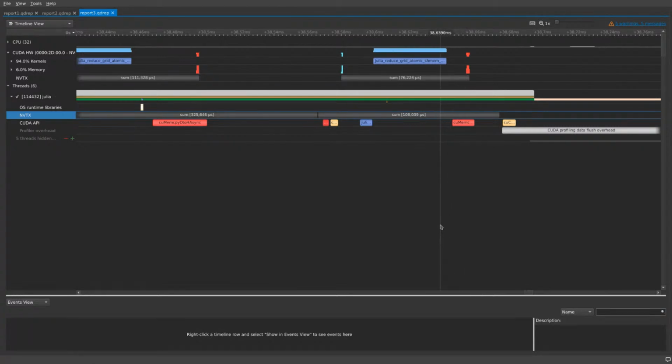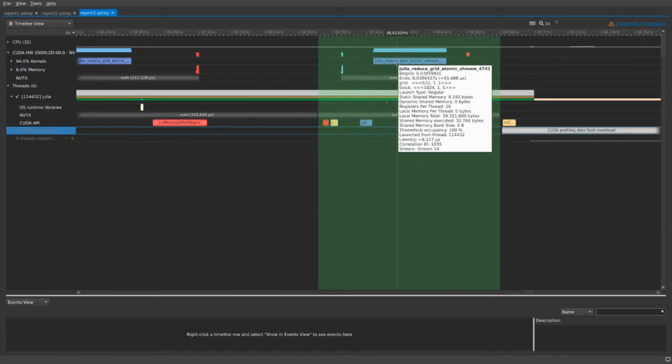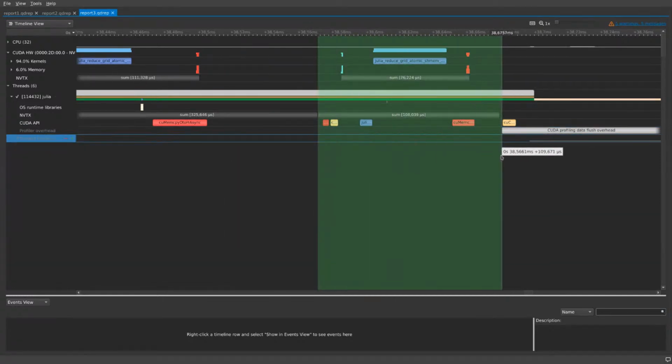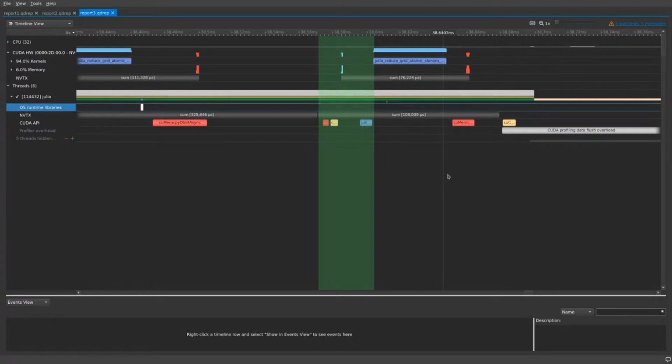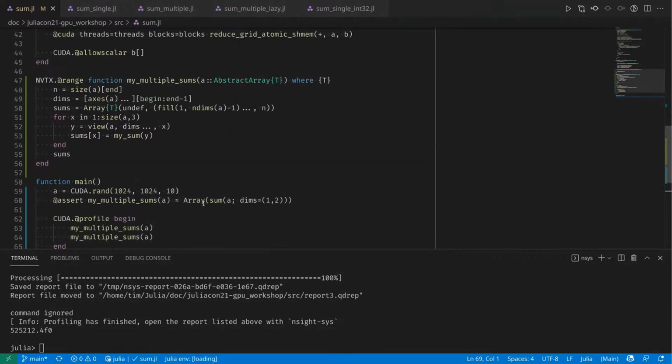So in terms of efficiency, this looks like a fairly good implementation of a method on the GPU. As you can see, out of this 108 microseconds, the GPU is active for 50 microseconds. However, if we were to execute this function multiple times, then these gaps, so to speak, where we have to wait on the GPU to finish, would lower the efficiency by which we can use the GPU. So for that, I have this small implementation. It doesn't change much. The only thing it does is instead of calling my sum, it now calls my multiple sums,